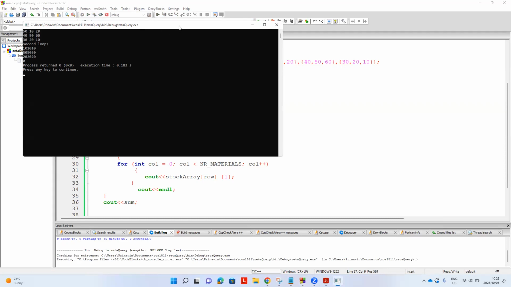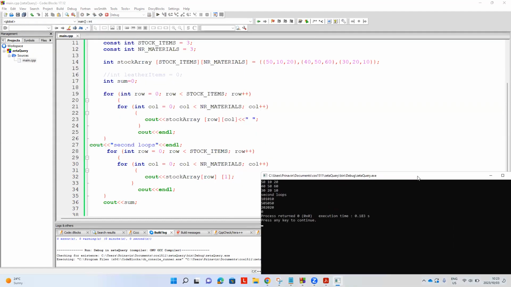It's giving me 50, 50, 50, 20, 20, 20. Okay, right. You know what it did over here, Zeta? It's displaying it, but it's going through it 3 times, right? Check the second time. It's giving us the correct values, 10, 10, 10, 50, 50, 50, 20, 20, 20. It's going through it